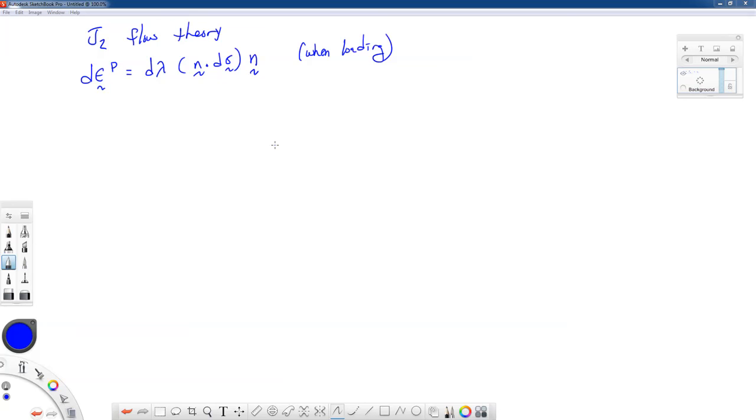So first of all, we have to be loading, and we have to have continued plastic straining. We have to be on the yield surface. We have d epsilon plastic is equal to d lambda n dot d sigma times n, where d lambda is equal to 3/2 1 over h, where for a Ramberg-Osgood material, h is equal to k n sigma von Mises over k, the n minus 1 over n,